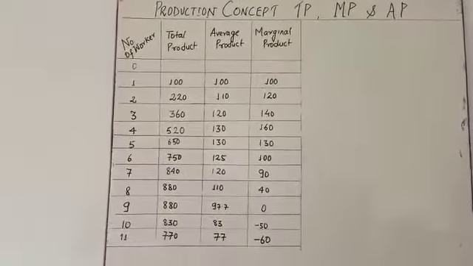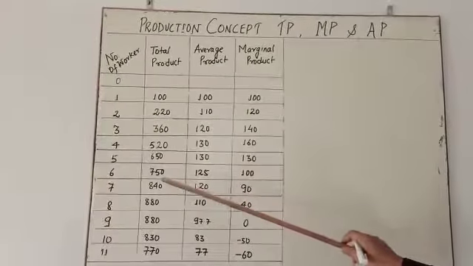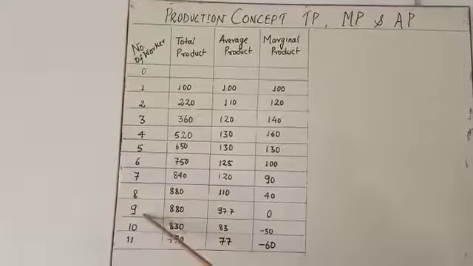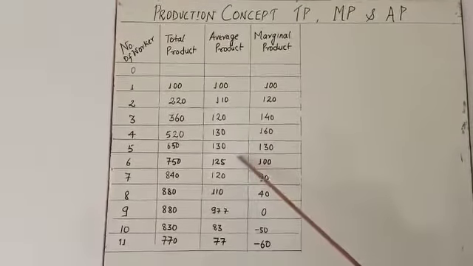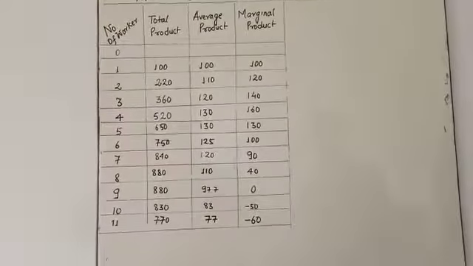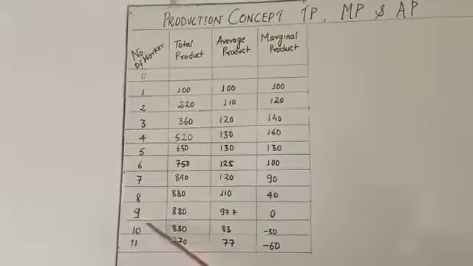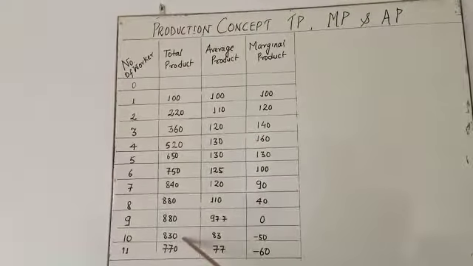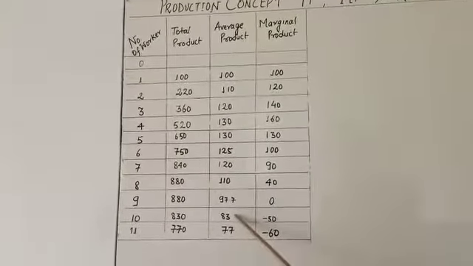So TP is going to increase, but your average product is going to stop at one level. Up to this level you have to say that it is called increasing, and after that, when you increase to the 6th level, 7th level, 8th level and 9th level, you observe the average product is going to decrease from 125 to 97.57. As you have observed, when you increase the number of workers to 10 or 11, TP is also increasing. But what happened? Here average product is going to decrease.